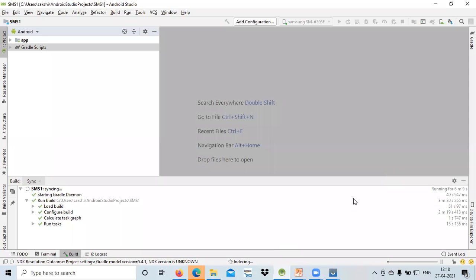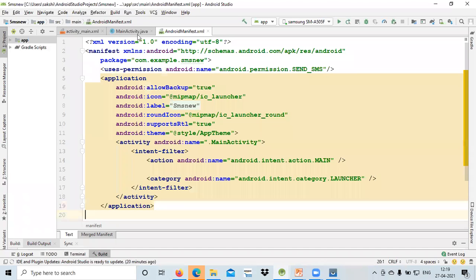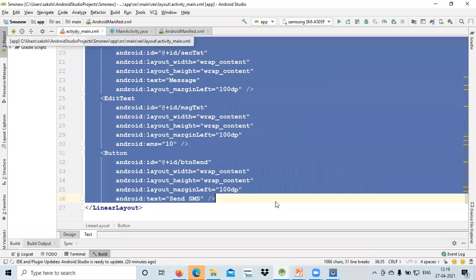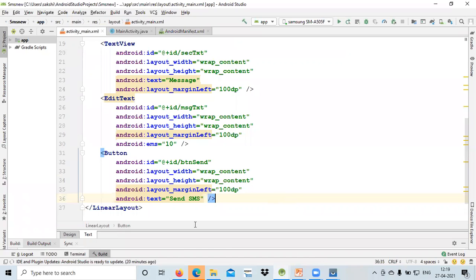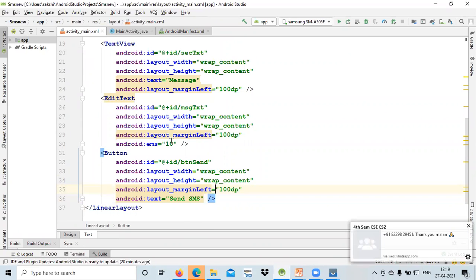Okay, I don't know why this is taking time. So without wasting time, I just show you that code over here. ठीक है, तो जब ये चलेगा तो I will show you that particular portion also. So as you know that we will create this particular activity part. So in my XML part, what I am having over here is one button whose text name is send SMS. Then we are having that edit text over there. Okay, so one of the edit texts will be containing that message that we need to pass, and there is another text view over there,